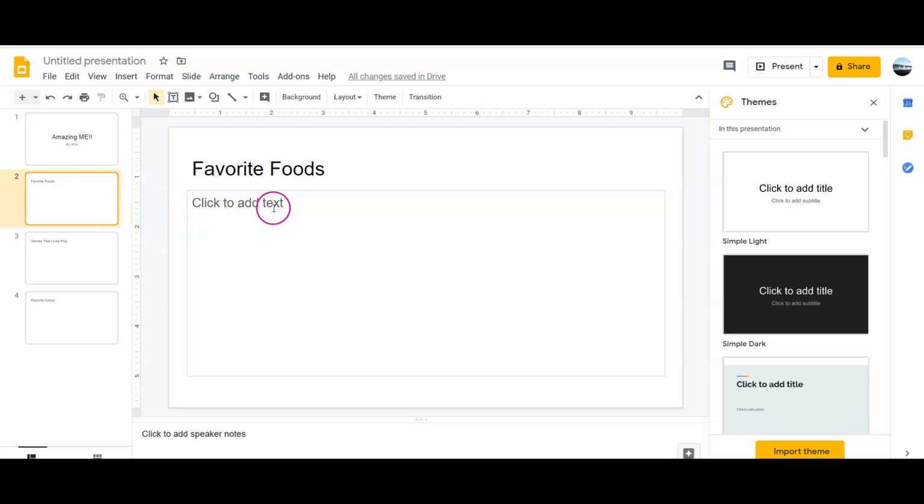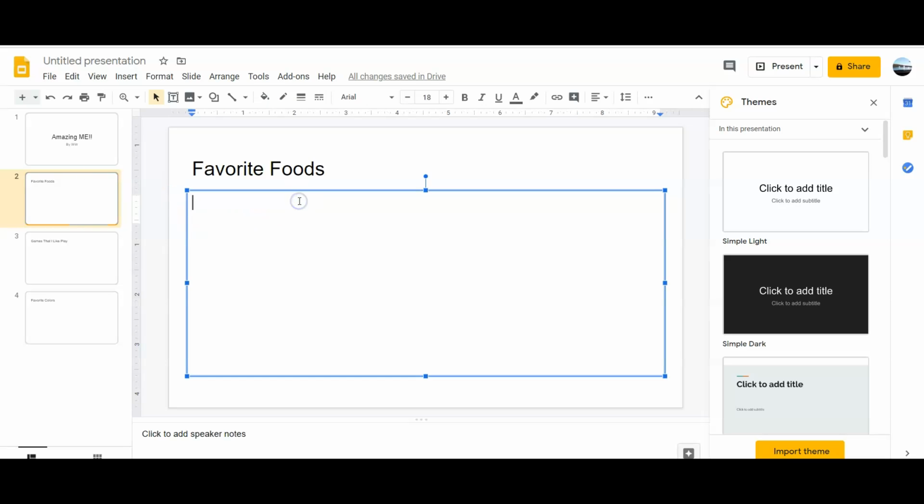Now, the next step is to add the text, the details. My favorite foods. I want to put my foods, but first I prefer to start with bullets. So I click and I add the bulleted list. My first favorite food, macaroni and cheese. So I type that word,